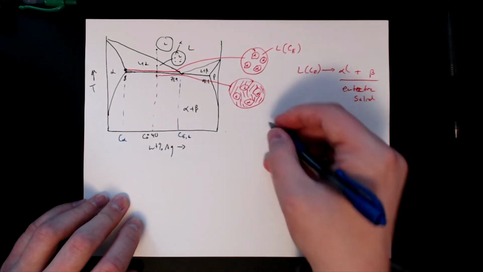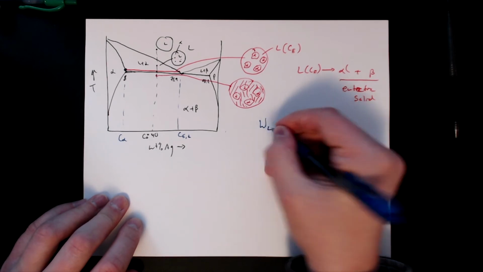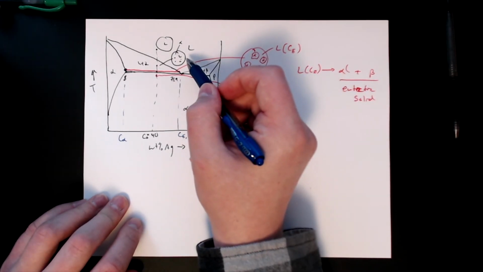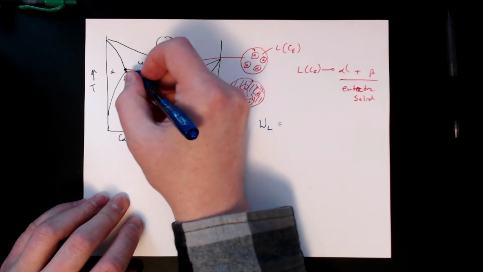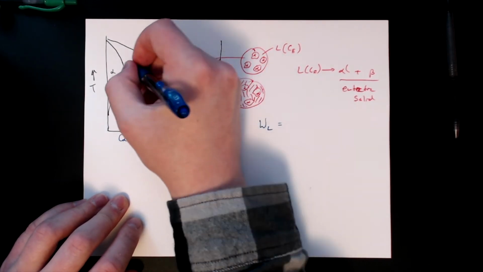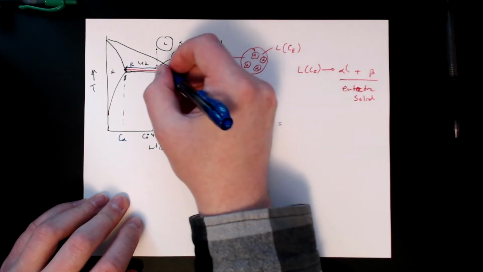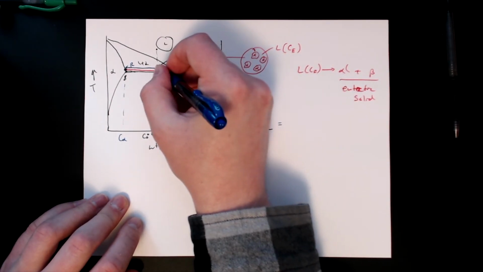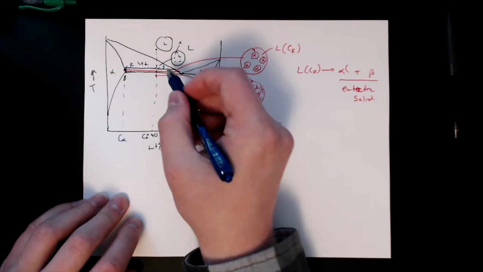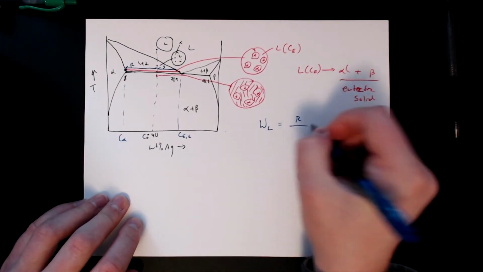If we want to know the weight fraction of liquid, then the liquid is over on this side, so we take the opposite side. That is the length we keep calling R, as opposed to the length over here, which we typically call S. So liquid is going to be R over R